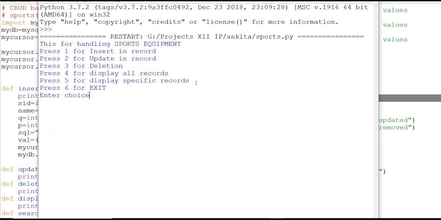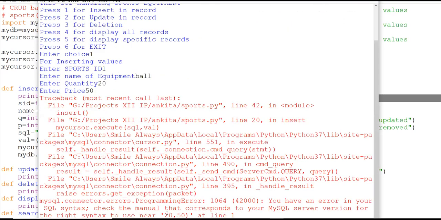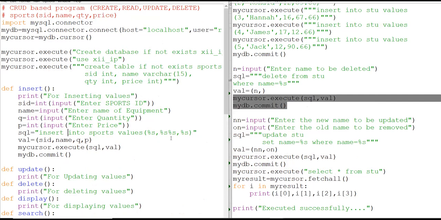Now in this, first we are going to ask the value to insert. Then enter sports ID. Suppose I am giving 1 here. Equipment name, suppose ball. Then quantity, suppose 20. Price, suppose 50. So over here we are getting an error after 20 and 50. So that also we have to cross check first.